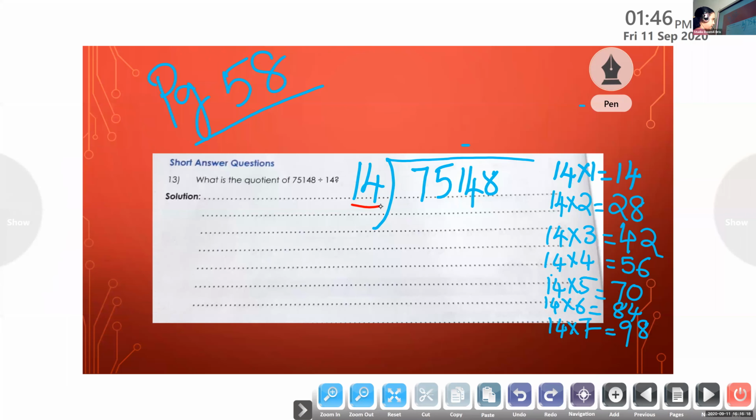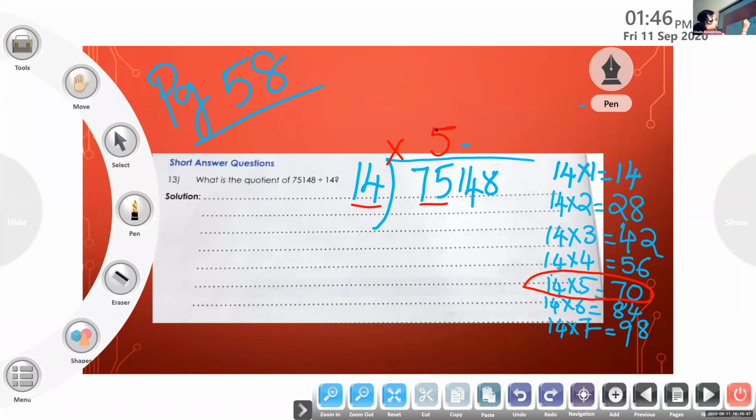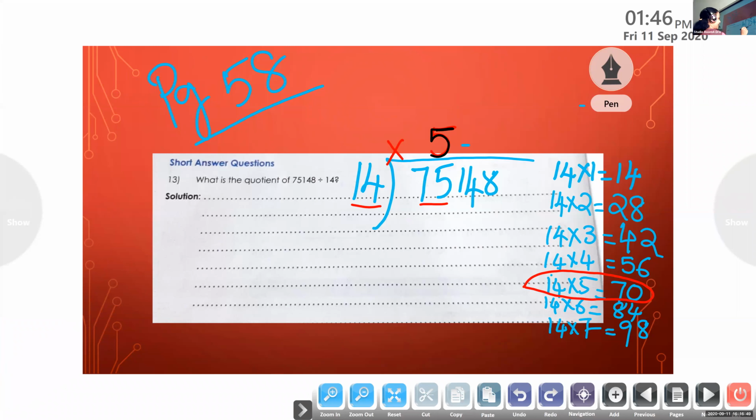So we are going to do division. Here we have a two-digit divisor. So first we will check our 2-digit number from the dividend. 75. Can you please check in your table and tell me 14 times which number we can take? 75 is not there, so we can take 70. So we can write 14 into 5. 14 times 5, that is 70. We have already found it in our table here.